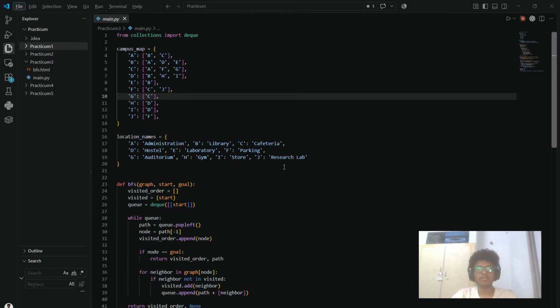Hello everyone, my name is Johansson and my register number is URK25CS1018. This is my practicum number 3 and the topic of this practicum is campus navigation using breadth first search